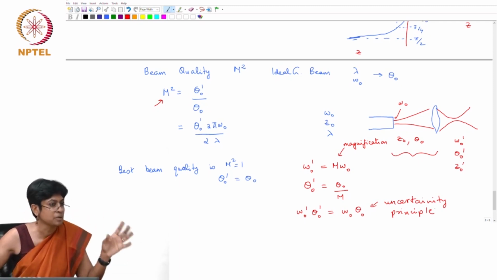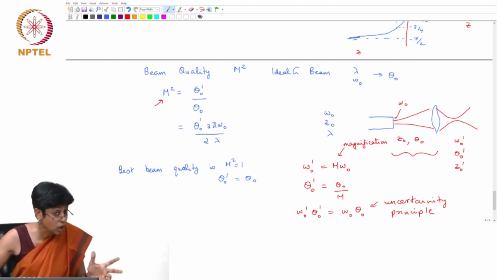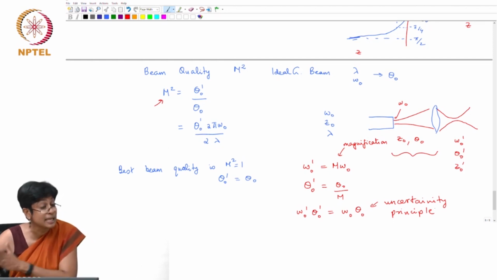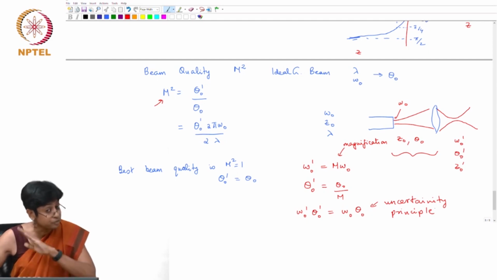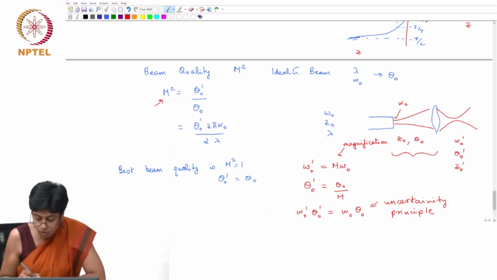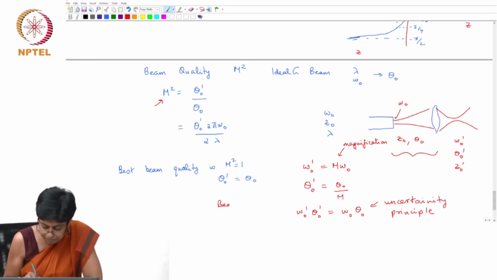It came out with an omega naught and a theta naught, and that product is going to stay the same for this beam throughout, no matter how I manipulate it. If I want to change it, I have to generate a beam with a different nature altogether. This product is called the beam parameter product,